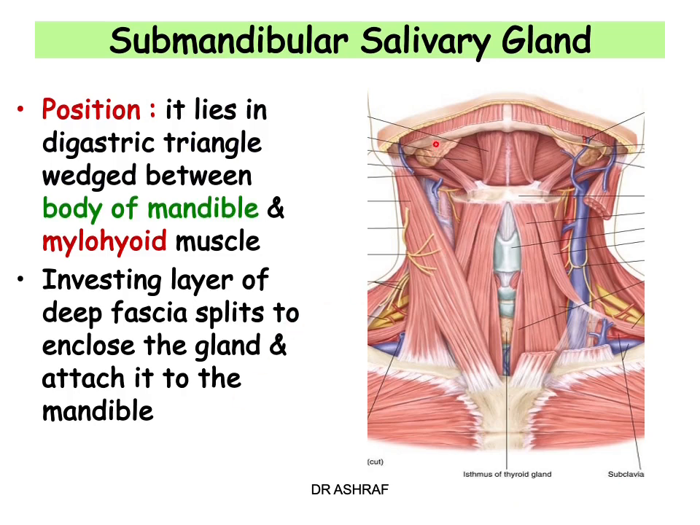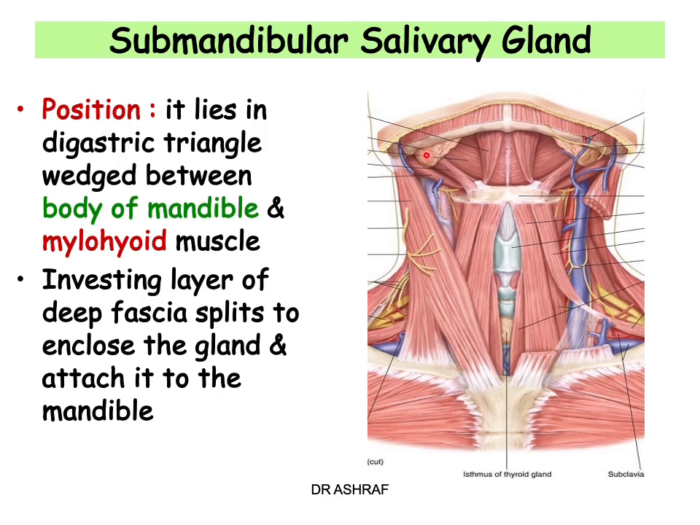We talk about this gland. It lies in the digastric fossa in the digastric triangle. So it's wedged between the mylohyoid muscle, which is inside, and the body of the mandible outside. This gland, like other glands in this region, is going to